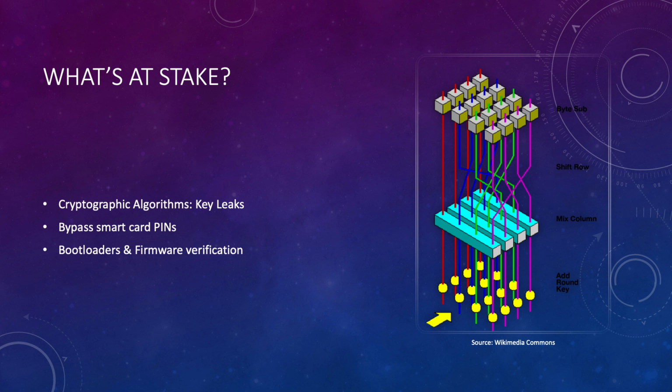Cryptographic algorithms typically go through multiple rounds of calculations to create ciphertext. The graphic we have here on the right represents a round of AES encryption. The encryption process repeats this loop multiple times to diffuse the secret message. If you can skip some rounds, you'll weaken the ciphertext and make it more vulnerable to analysis, possibly even leaking